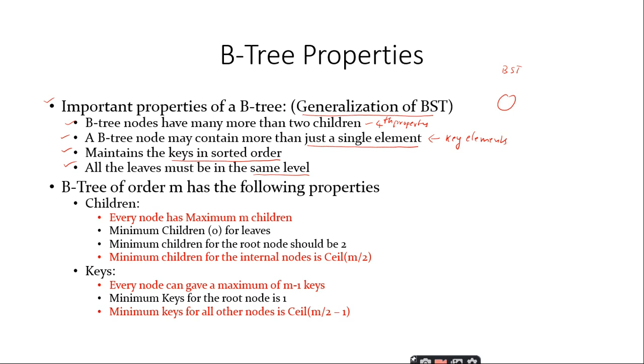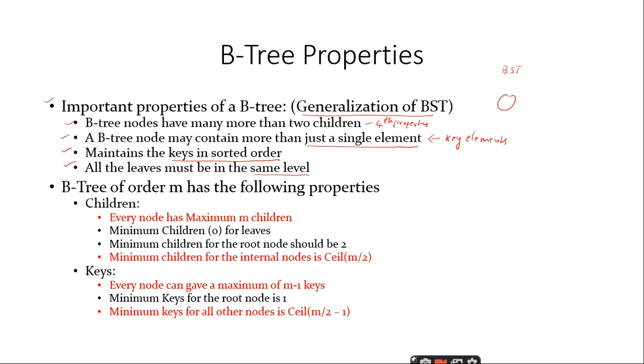So for achieving the main objective of reducing the search, insertion and deletion operation time to logarithmic time, we are implementing all these properties. We are inducing all these properties. So can anybody tell me what is the first property we have? Any random order you can make, right? What is the first property you should have? Sorted data, sir. So the elements or the keys inside the node are in the sorted manner, right? Super. Next.